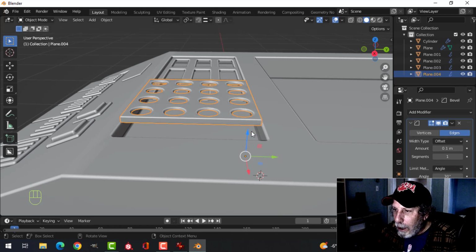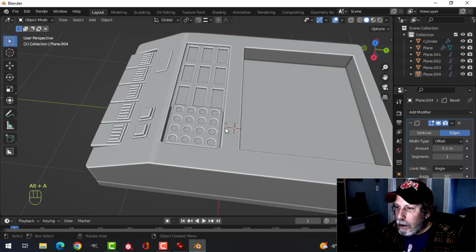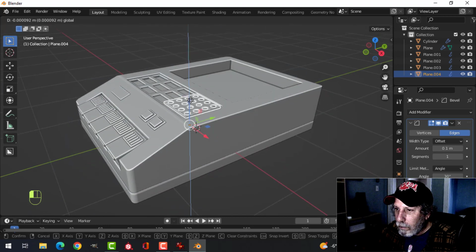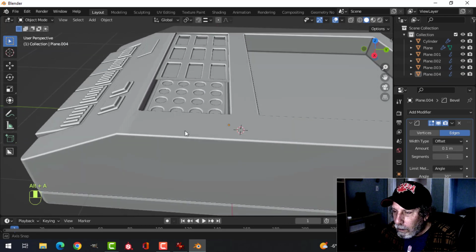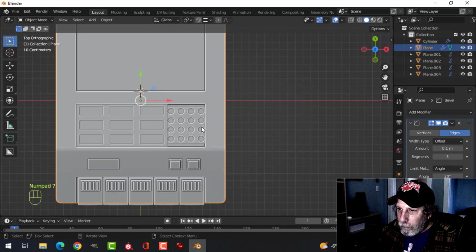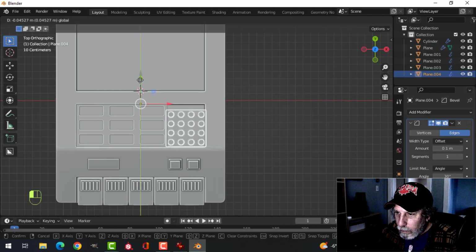So I'm going to put that back on and pull this in. And maybe I do want to do this. If I pull that down to here,